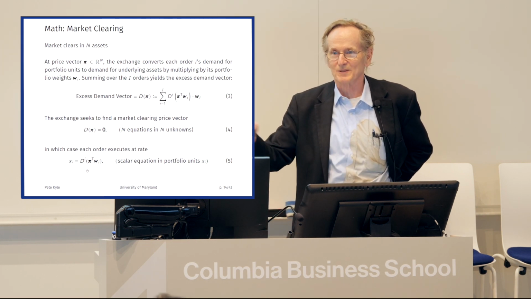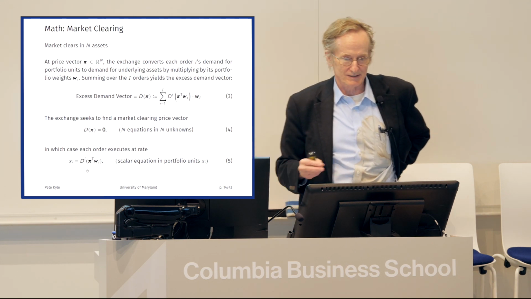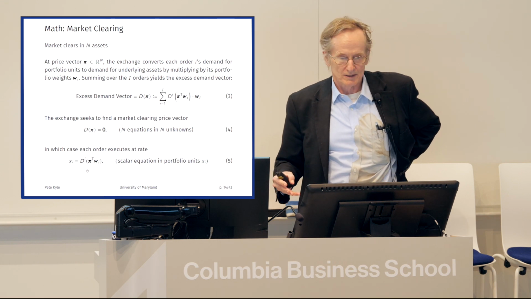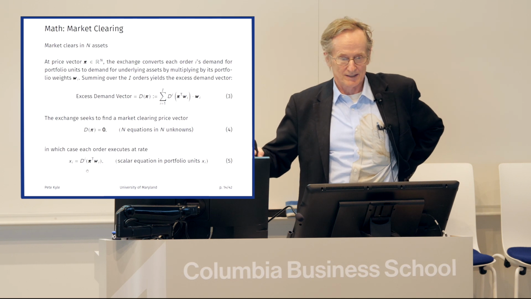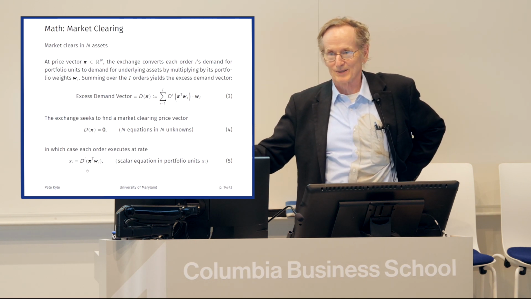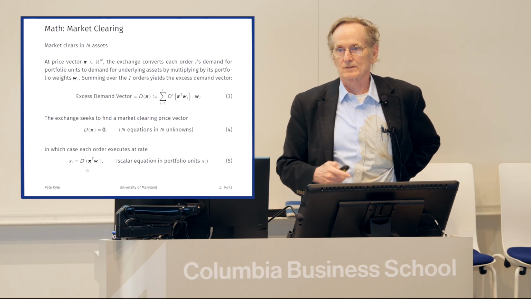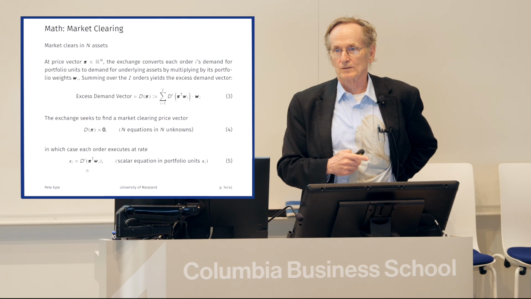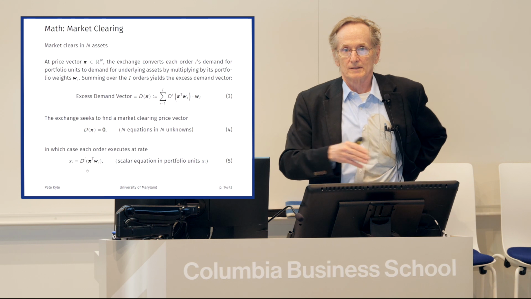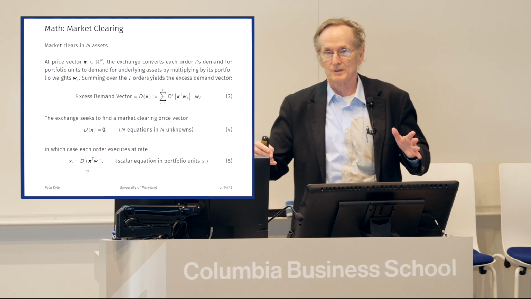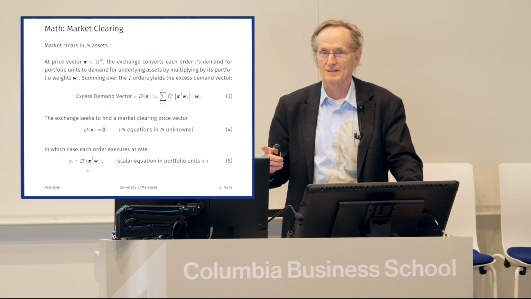So I'm going to keep using the example of 1,000,000 orders and 1,000 assets. And then if you can calculate those prices, then you can calculate the price for each portfolio, pi transpose W, and then you can calculate the quantity demanded by each order, the demand function for that in equation 5, and call that the quantity X that's traded on that particular order. So X will be somewhere between 0 and little q. It'll be some fraction between 0 and 100% of the total number of units you wanted to buy. So any questions about this market clearing problem?